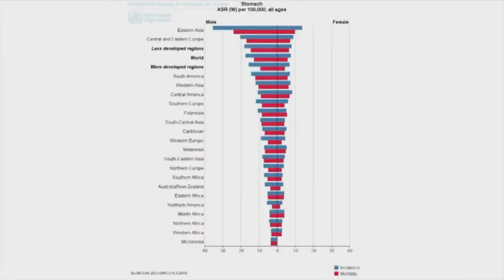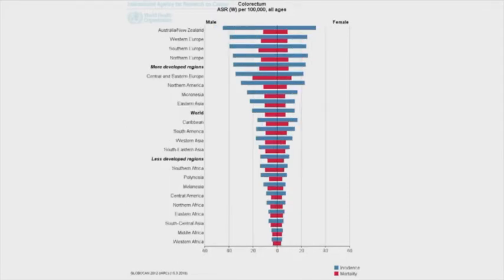For cancer, same thing. This is stomach cancer. Men, women, rates of stomach cancer, and stomach cancer is fairly rare in more developed countries. And the opposite is true for colorectal cancer. Again, more than a tenfold variation for both men and women across countries and regions, and more developed regions having